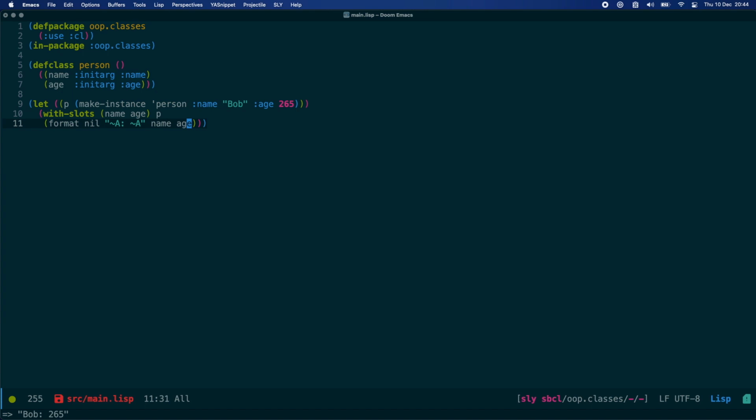So here, what we have is the ability to look in and get the slots. Now, we create our person p with make-instance, the symbol of the type of the class that we want to create, and we use this :name keyword, because this is the initial argument to the constructor, and it's the same with age. We pass an initial argument, so we must pass a :name with a value and a :age with a value,